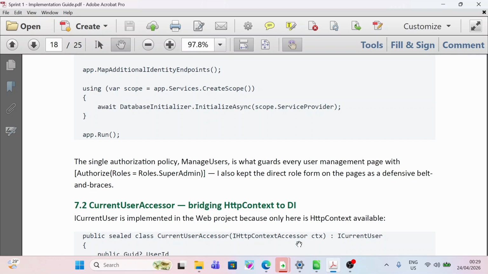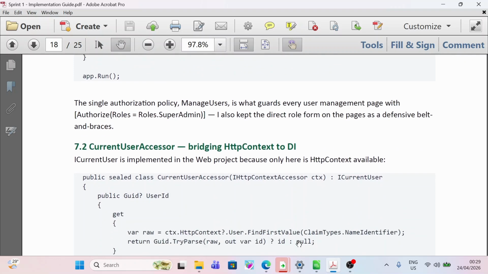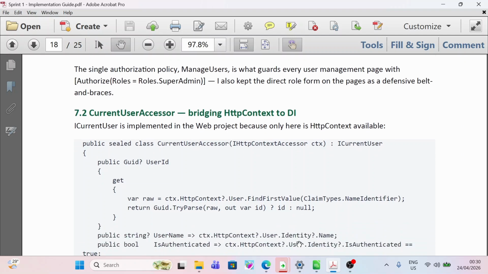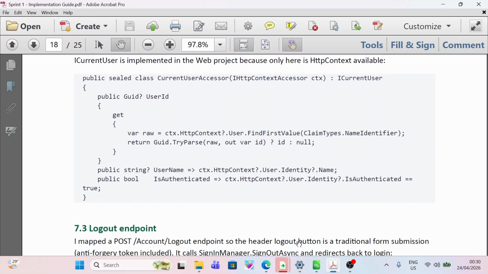7.2 CurrentUserAccessor, bridging HTTP context to the domain. ICurrentUser is implemented in the web project because only here is HttpContext available. public sealed class CurrentUserAccessor(IHttpContextAccessor ctx) : ICurrentUser { public Guid? UserId { get { var raw = ctx.HttpContext?.User.FindFirstValue(ClaimTypes.NameIdentifier); return Guid.TryParse(raw, out var id) ? id : null; } }